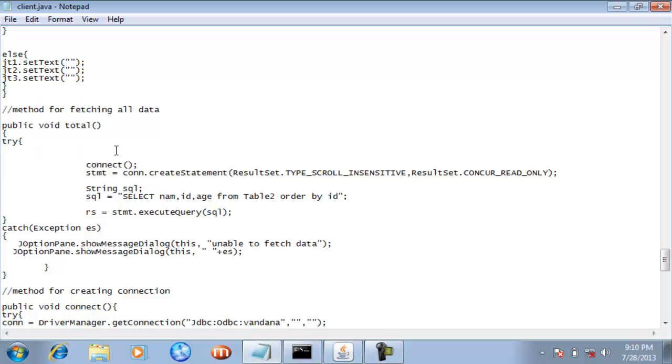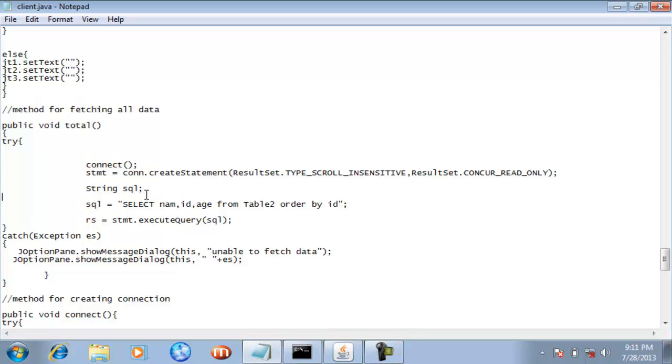So what I have done inside this total method: first I have used the try and catch block, and inside this try block I have created a link between Java and the MS Access database with this method, and then I have created the statement object, and then I have created a variable whose data type is a string. And guys, see here the SQL query that we have used: select name, ID, age from table 2 order by ID.